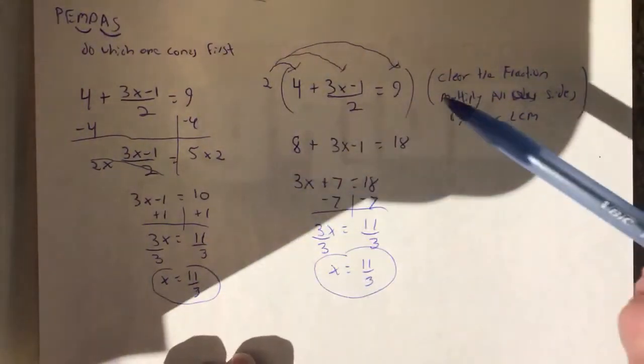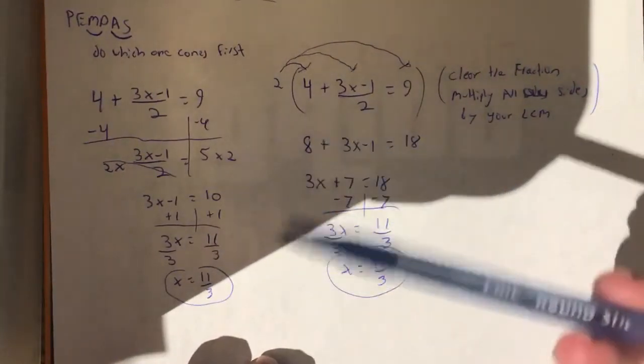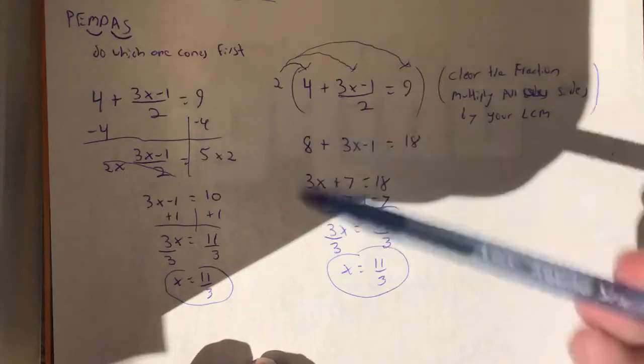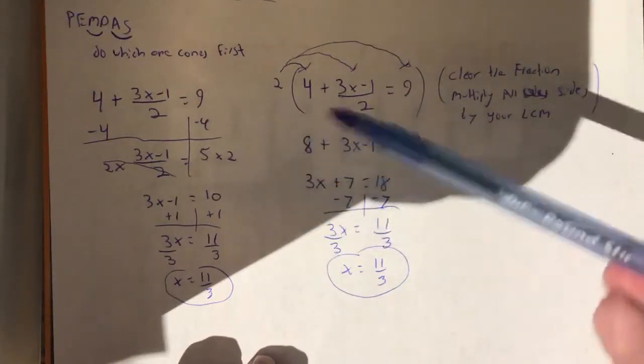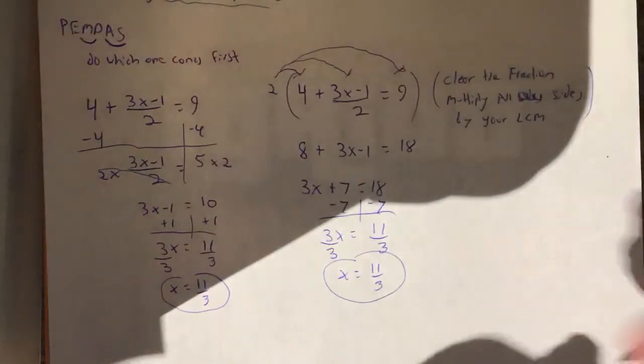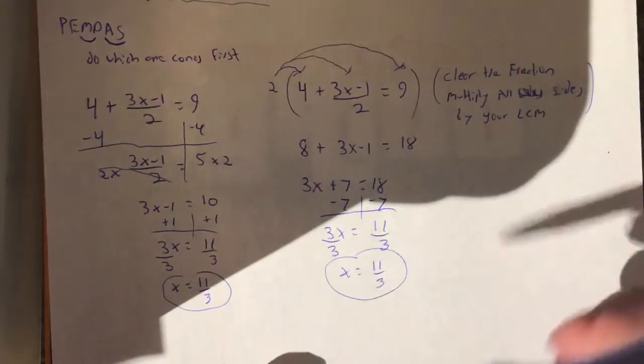It's up to you which method. I don't have a preference unless there's several fractions. Then you might want to, instead of working with all the fractions... One fraction is not a big deal, but when you see 2 or 3, you may want to use the second method. So now we're going to do one that has